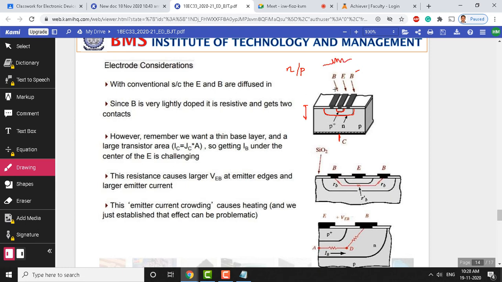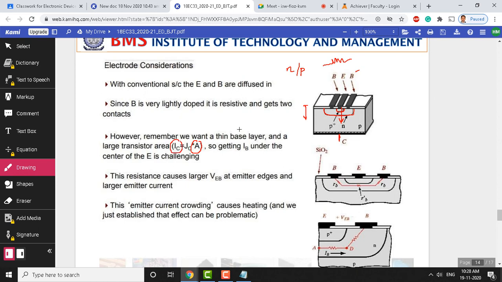Okay. So in our case, since the base is of N type, the charges emitted from the emitter have to go from the emitter to the collector like this, and these charges experience some resistance in the base region here. That has been shown more clearly in this second diagram. As you can see, charges experience a massive resistance within the base region here. Okay. At the same time, we expect an even larger transistor area, because the larger the area of a transistor, the more current we get here.